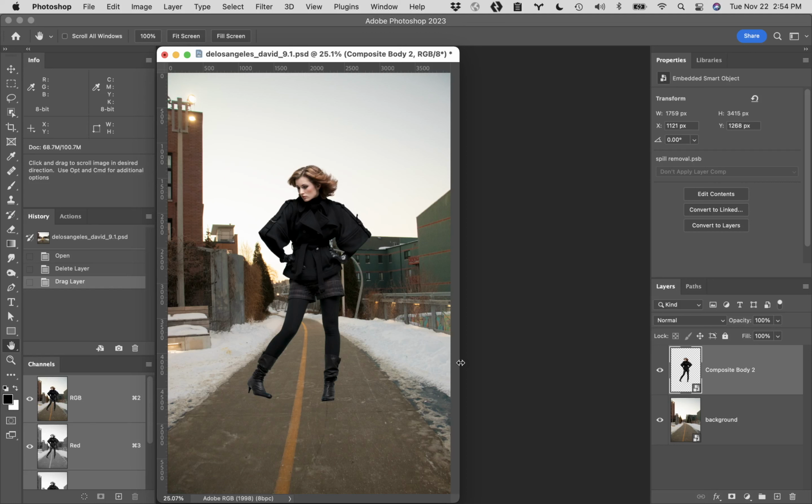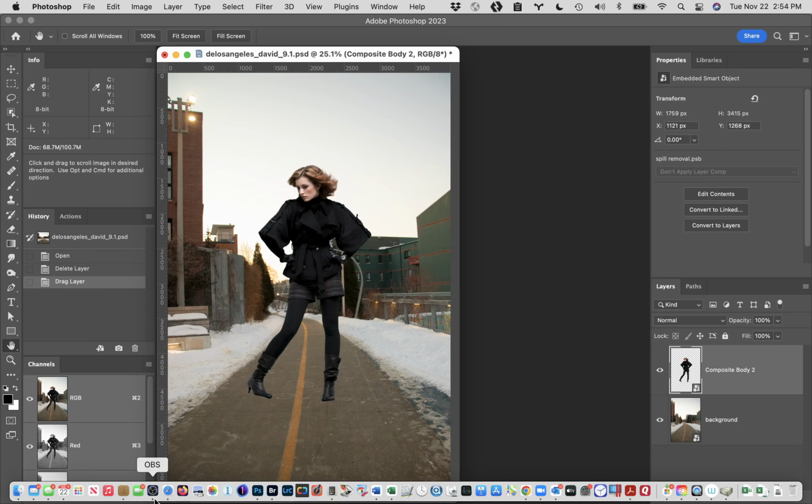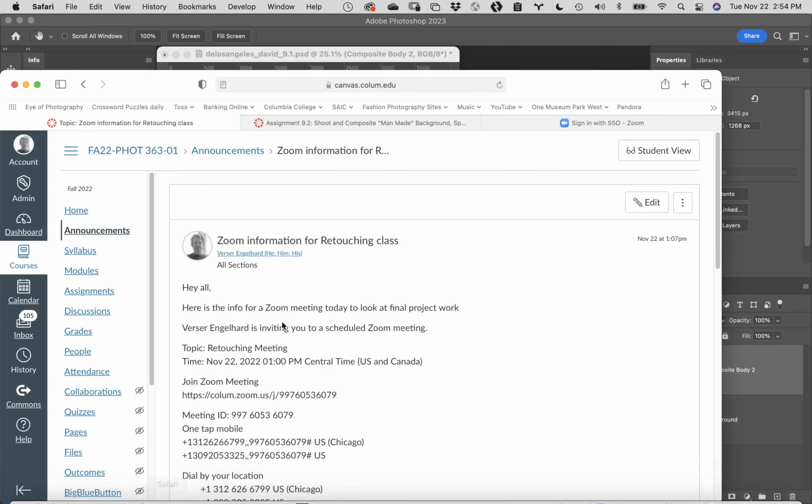Okay, so when I look at this right off the bat, I'm trying to find something in here that I feel like is scaled correctly, that would actually give me some sense of how big this girl should actually be. So there's a number of things. There's really only one thing that I see in here, and it's the stripe that's actually in the middle of the scene. So I need everyone to go to a web browser really quickly,